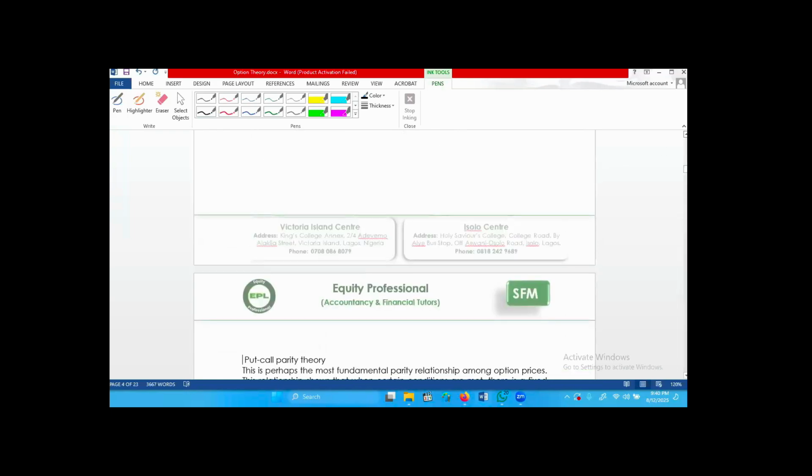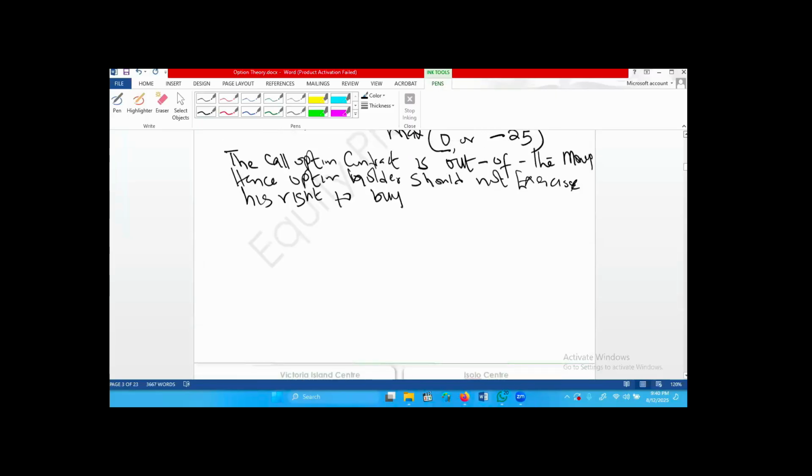All right, let me take one more illustration. Assuming, please allow me to use Aisha's name, my daughter now. Assuming Aisha has gotten some shares. You have some investments with Dangote. You have invested in Dangote shares. You have bought some shares with Dangote. That means you have investment with Dangote currently.